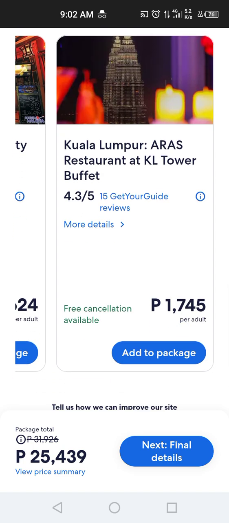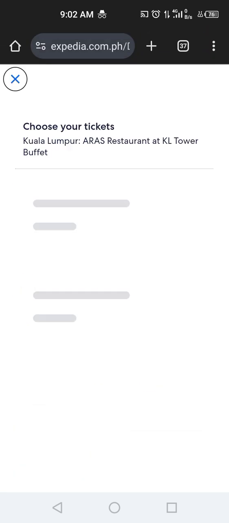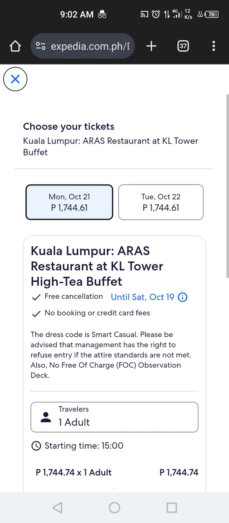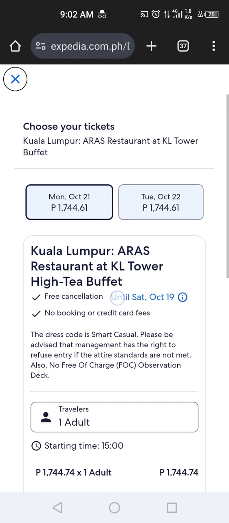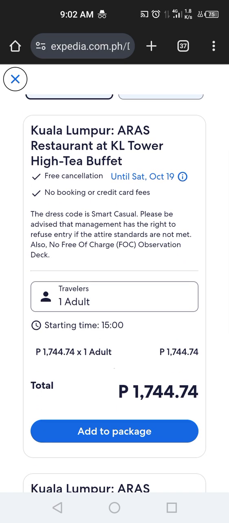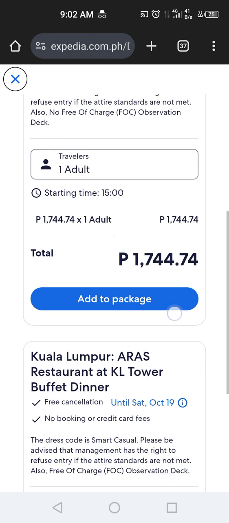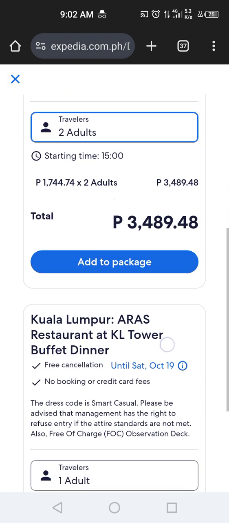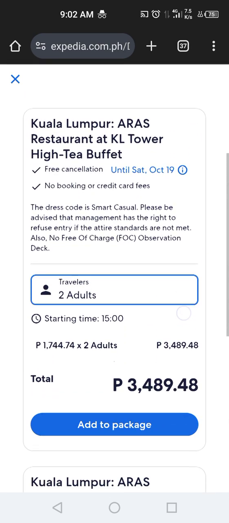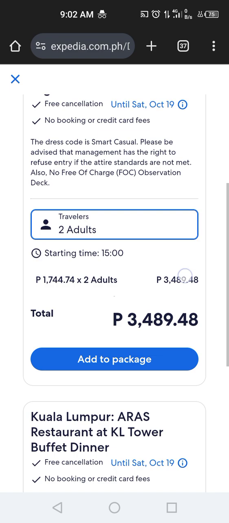Because of course I just came from a flight, it's better that we choose first the activity or tour we'll go to, which is this place. Of course, since you came from a trip, you'll be tired and hungry, so we'll choose this first. Two adults. Wait, what's the difference? Oh, this one is for dinner.